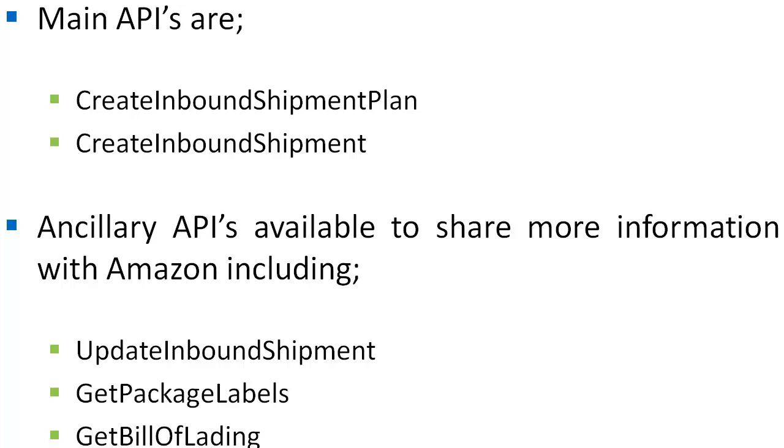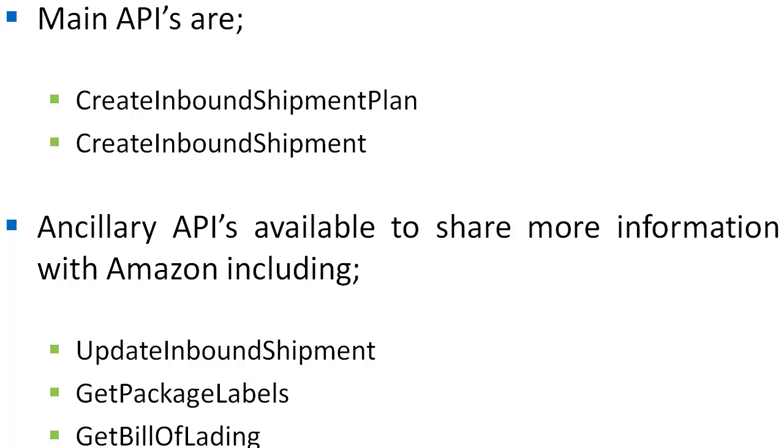So starting with the Create Inbound Shipment Plan API, what that does is it notifies Amazon that you're a seller who intends to place some of your products in one of their fulfillment centers. So it's the initial handshake between the seller and the Amazon fulfillment center. So once you call that API,